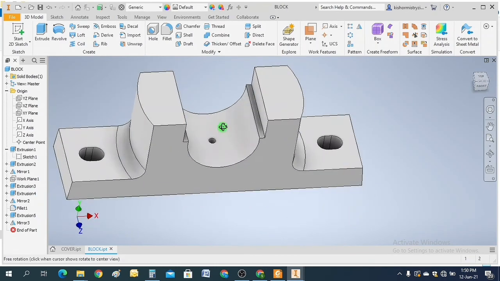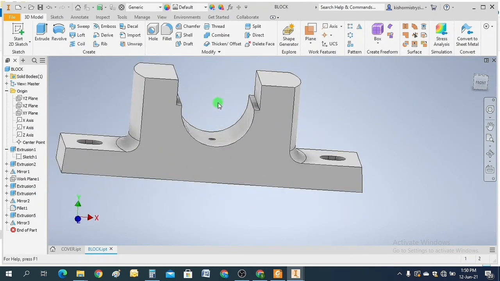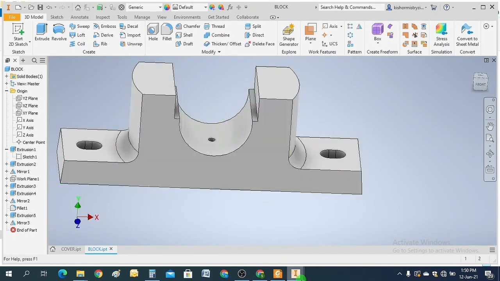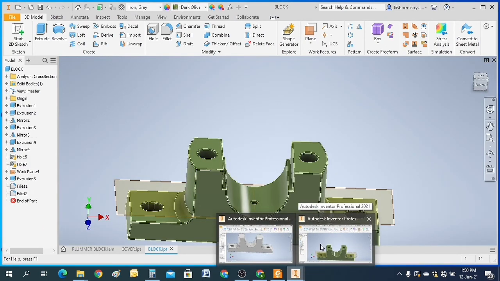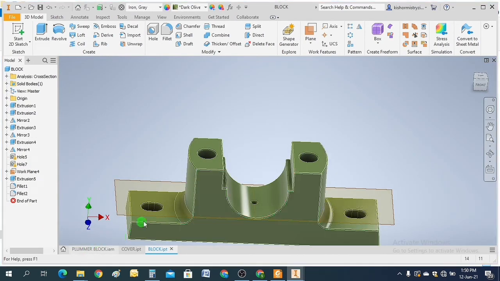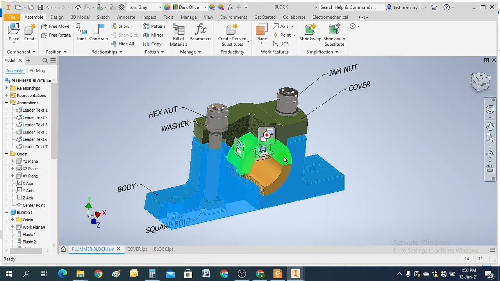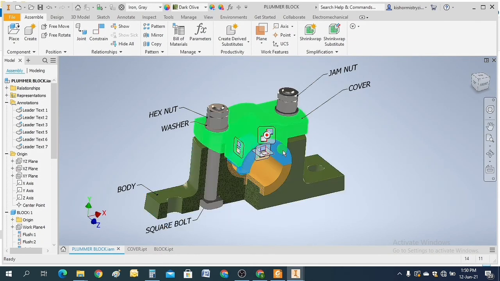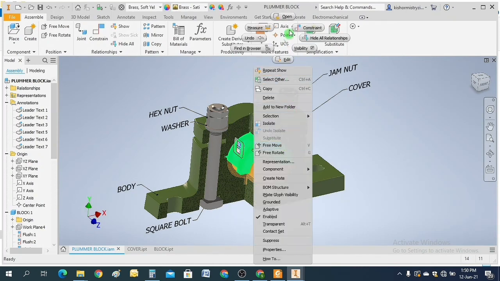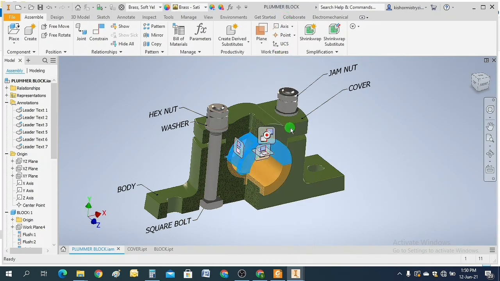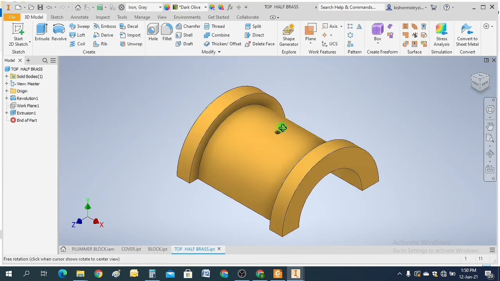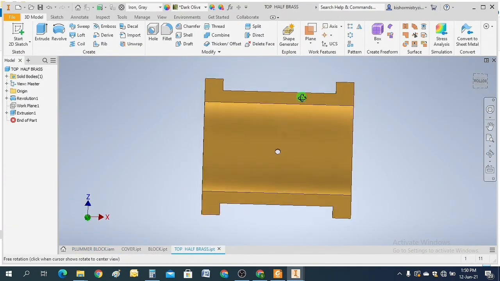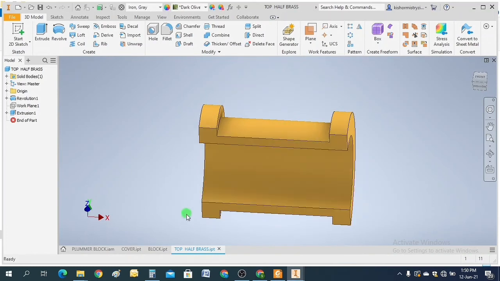Now this part has been completed, so one more part is there which I have to make, that is the brass. So in this case, if I open this part, I can see it's very simple.